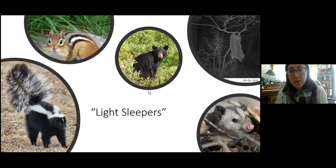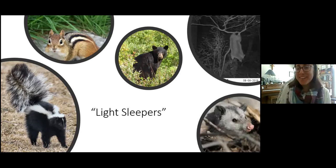Then we have what we call the light sleepers, right? We always think of bears when we think of hibernating. If you poked a bear while it was hibernating, odds are it'll wake up. So they're kind of in a dormant state. They get nice and fat for the winter, and they go into their dens and they sleep. The females will have their cubs over the winter. So those cubs are born and they'll nurse them and take care of them, but they're not really emerging out into